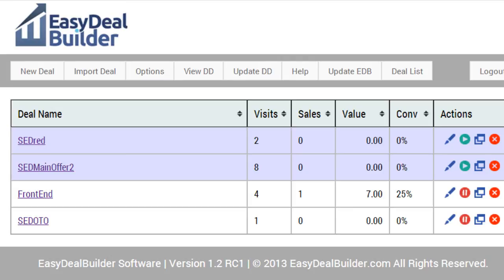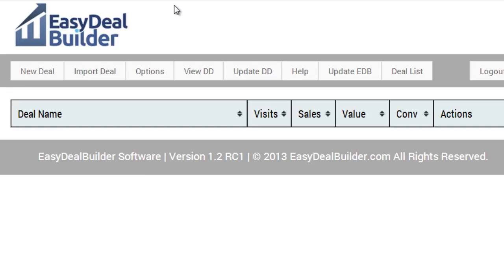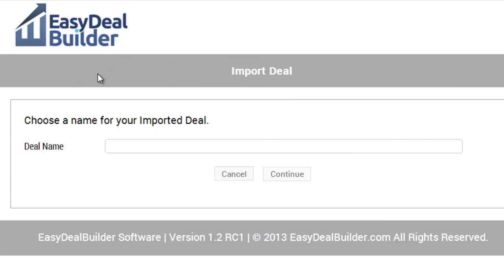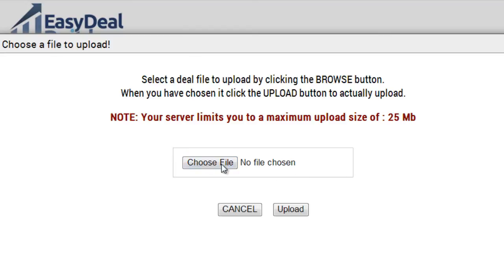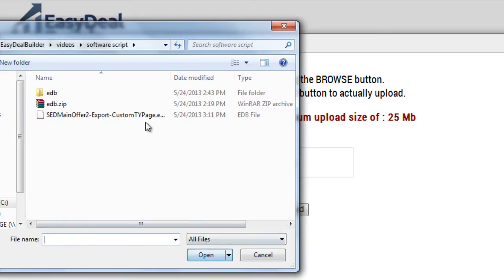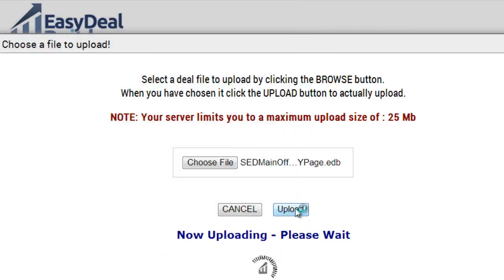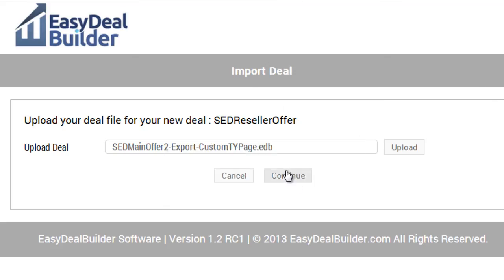Now that I've exported the deal, if I go to a different EDB site, as you can see here, we have no deals, and we're going to click on Import Deal and name the deal. So we could say something like SED reseller offer, and remember, no dashes or anything like that, just one big word. Click continue, upload, find the file, upload, and there we go. So at this point, click continue,